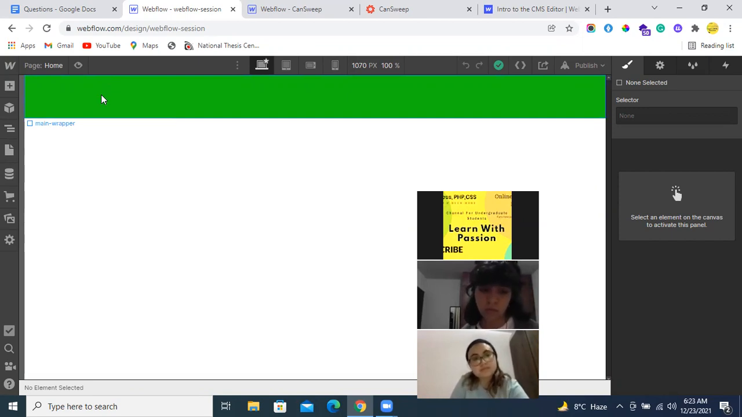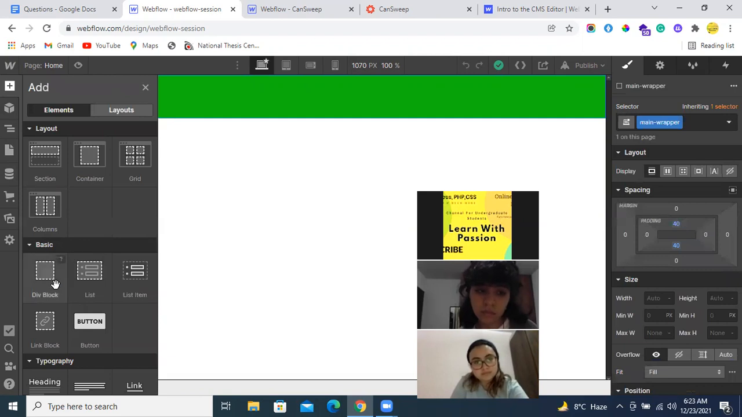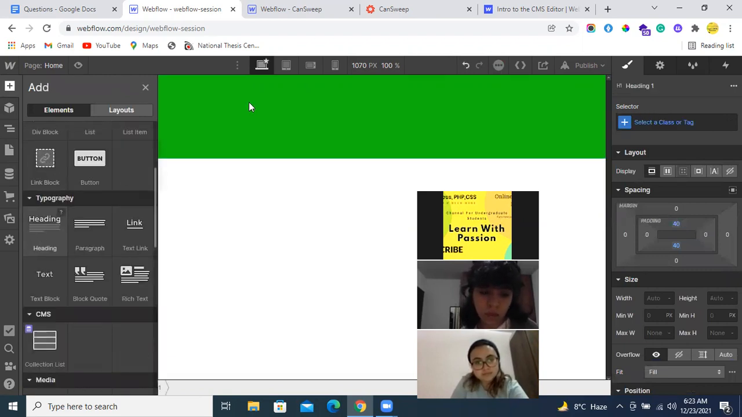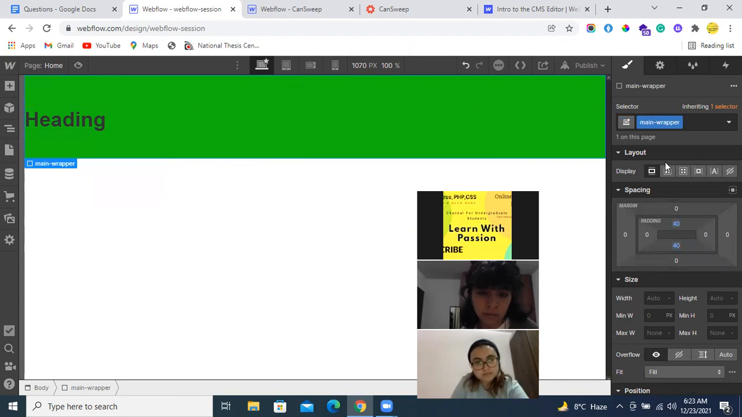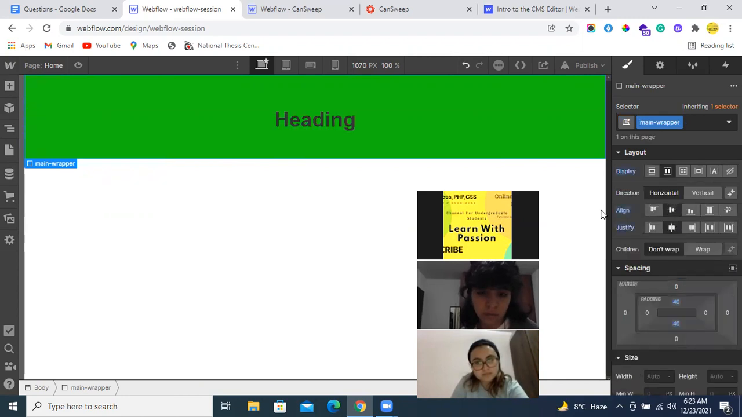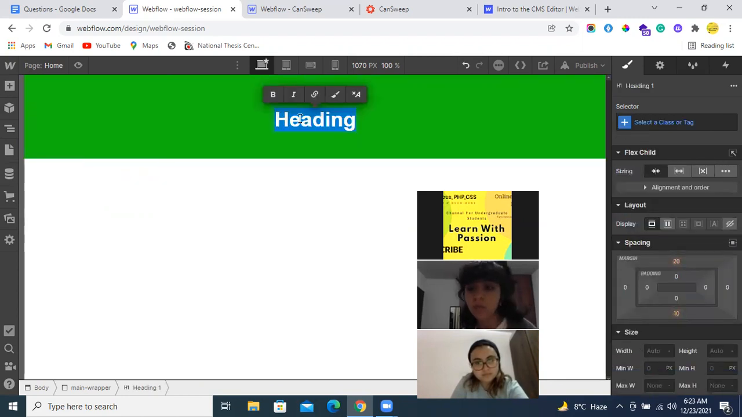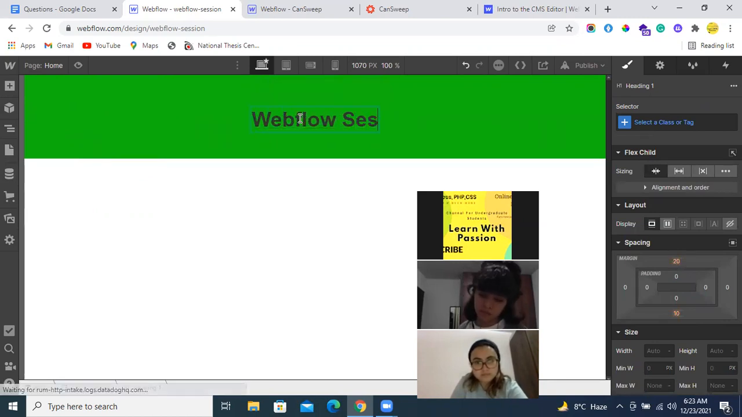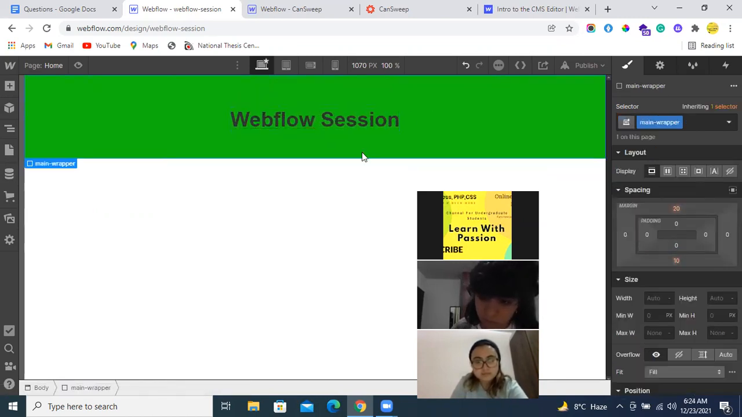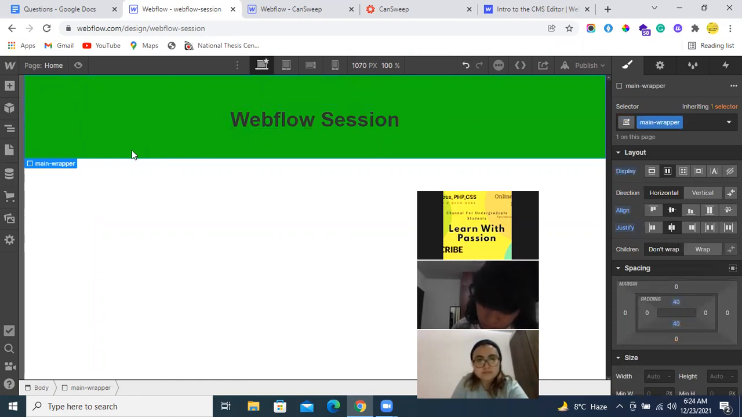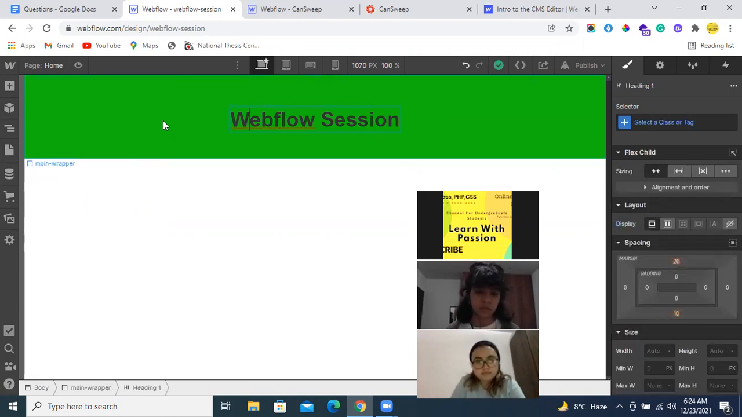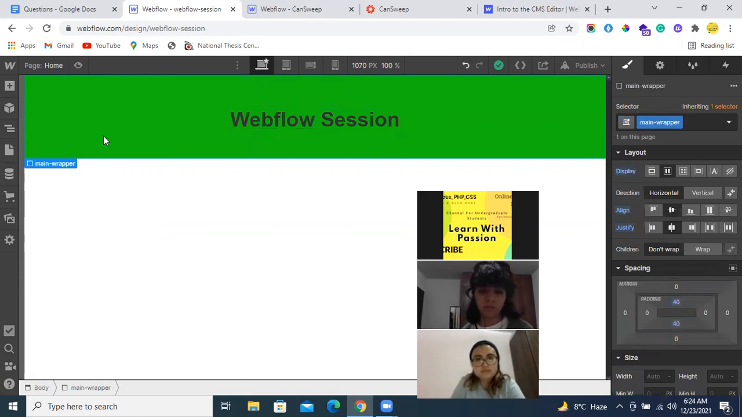I'm just putting a heading, like this is a heading, Webflow session, right? Now, if you want to use exactly the same thing, same color, same heading, same properties on another page, like I am just creating, then